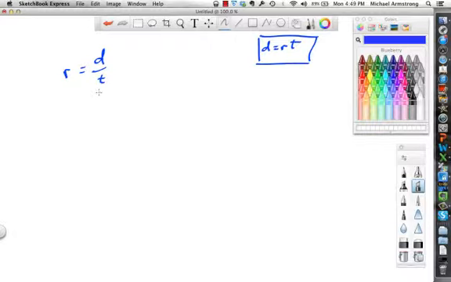And they say a great white shark swims 90 feet in 2.5 seconds. What is its speed? So the distance is 90 feet. So we're going to write 90 feet in 2.5 seconds equals our rate. So we write the formula like this, and then we go ahead and we use potentially